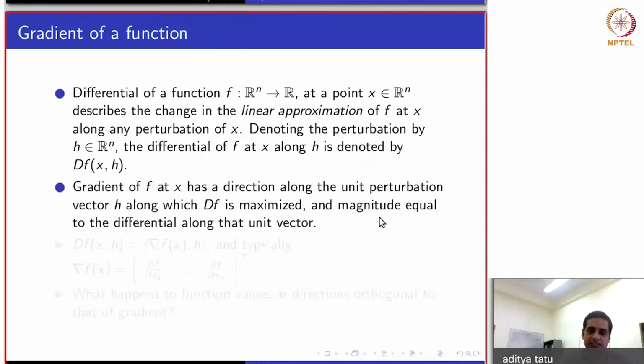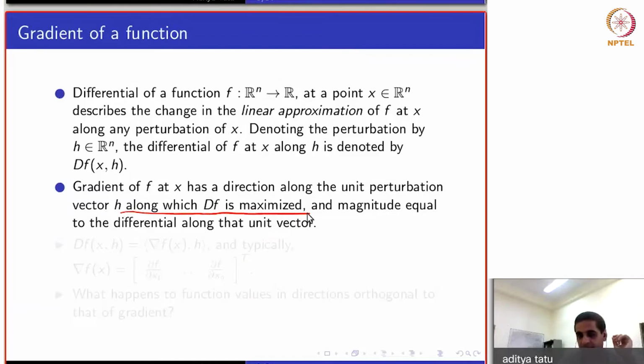Once you have the differential, using the differential you can define the gradient. The gradient of the function at a point x, first of all, note that it's a vector. The direction of the vector, the unit vector, is along this perturbation vector along which this differential is